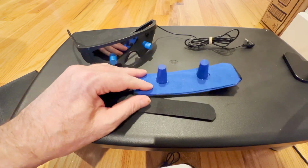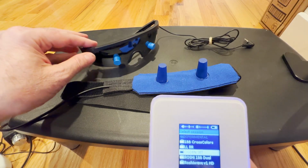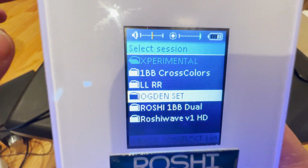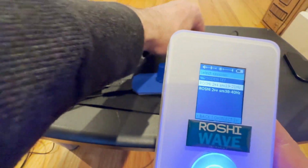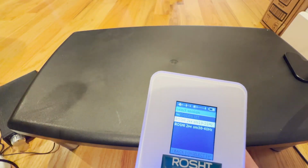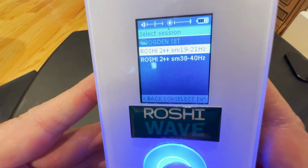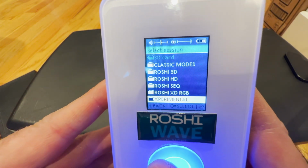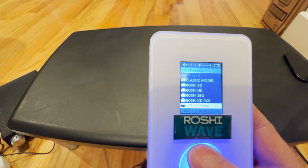If you're really interested in MagStims, contact me and I can get you some more information about it. Anyway, that's what this was developed for, the Ogden MagStim protocols, if you're one of the very few people in the world that have a pair of Ogden MagStims. And like I said, maybe sometime in the future they will be available. Okay, back out of here. And I believe we've covered everything except for...